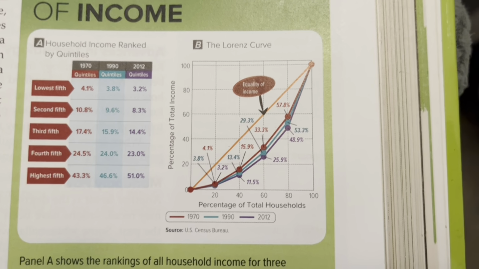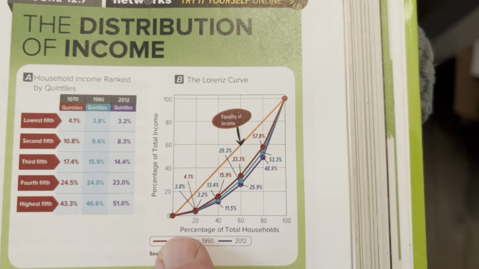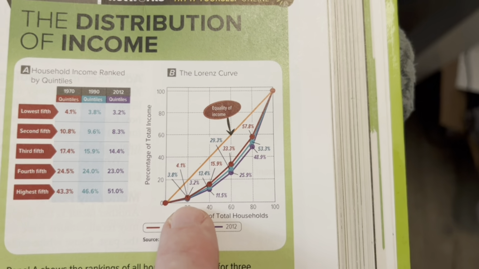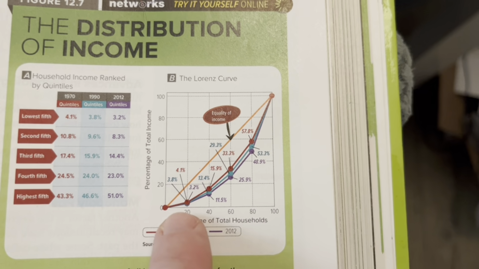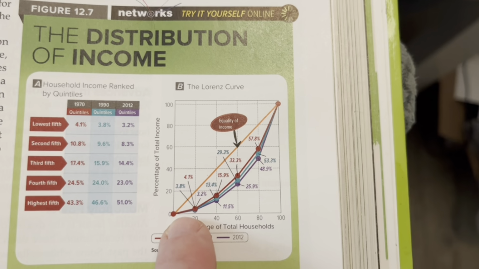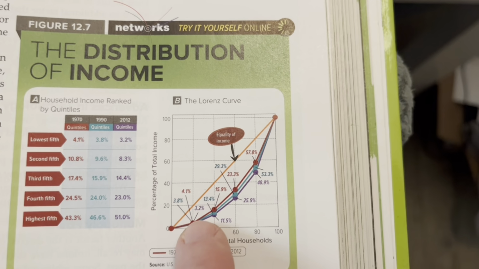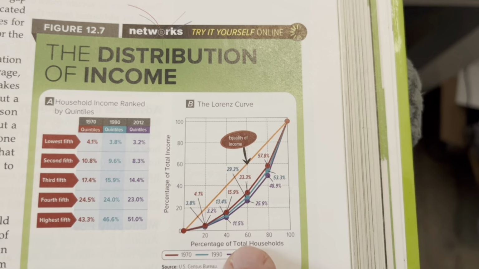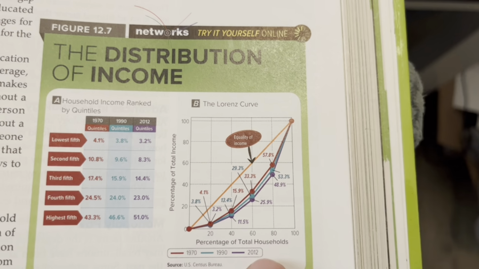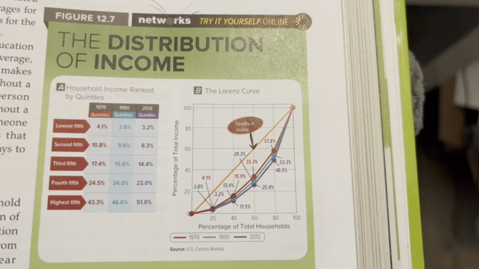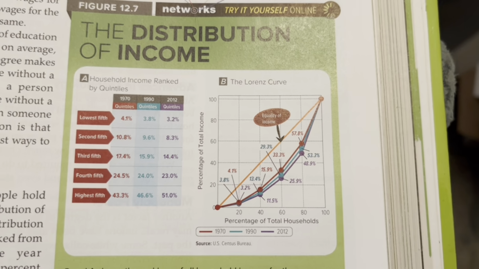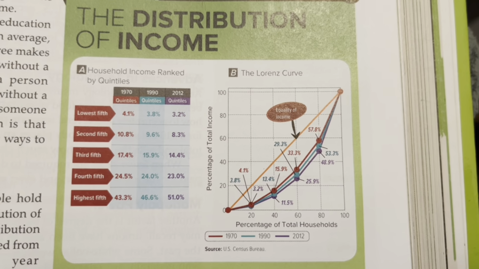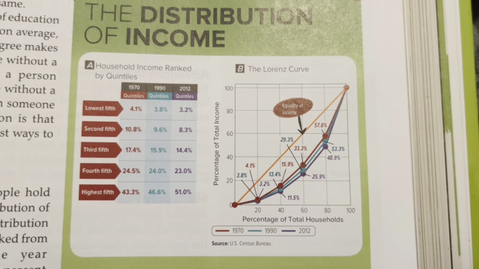And you can see on the far left of this graph here, the difference between the very, very poorest and the people at the 20th percentile. So this represents 20% of Americans. It's not a lot of difference. Then when you go from 20 to 40%, you get a fairly decent difference between them. 40 to 60%, you get a bigger difference. 60 to 80, a bigger difference, and then 80 to 100, an even bigger difference. As people get wealthier, the difference gets far greater. So there's a lot of people at the very low end, and they're very poor.